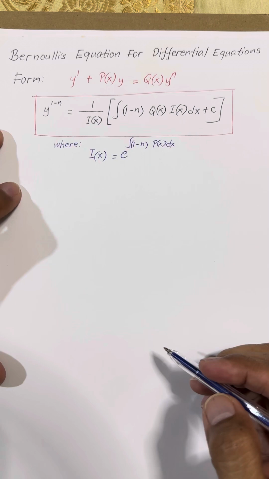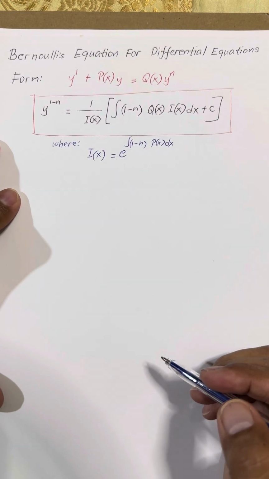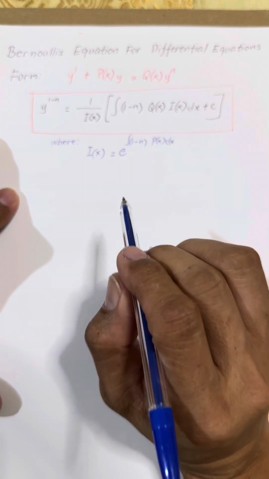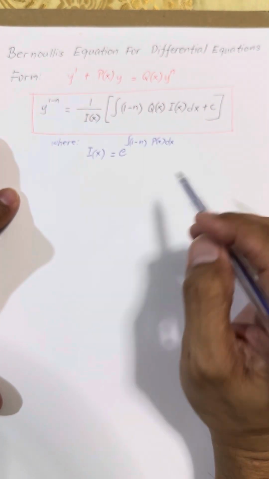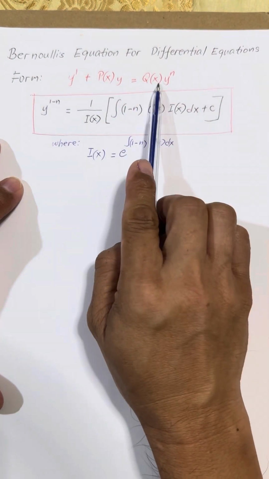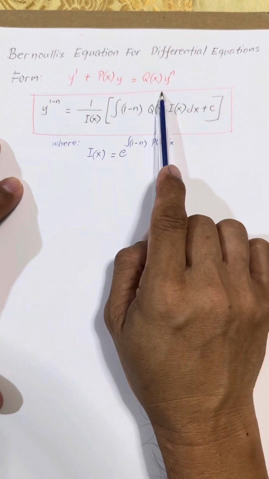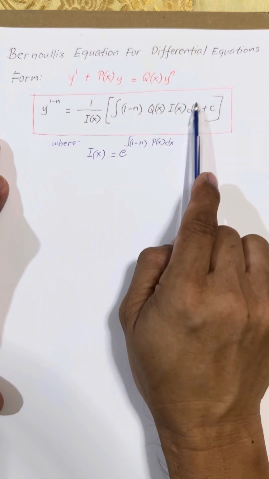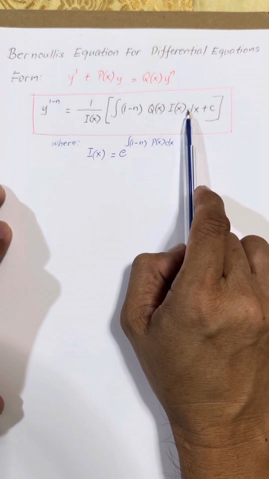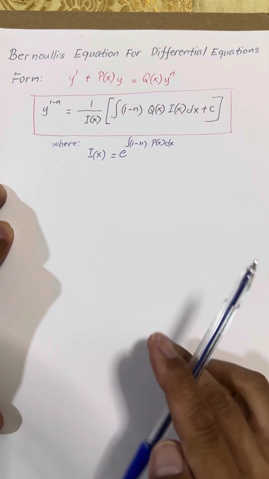Okay, so the first thing that we need to do, if we cannot solve the given equation using the other methods that you know, is to try to transform that equation into this Bernoulli equation form. Once you can do that, then everything will be easy. So that will be our next video for our first example.